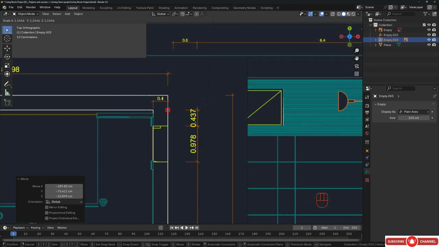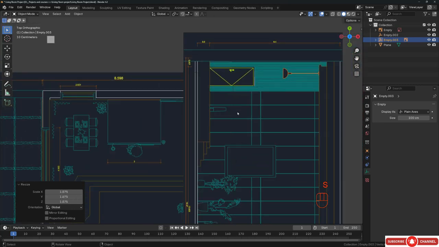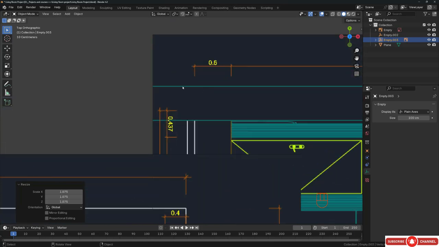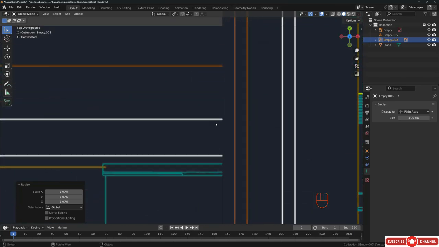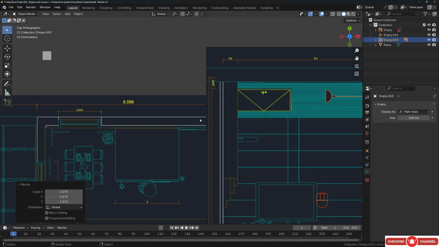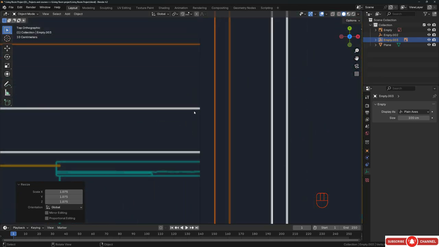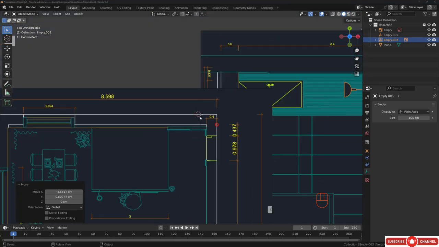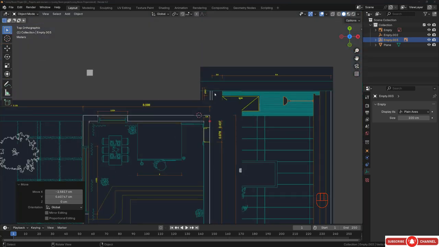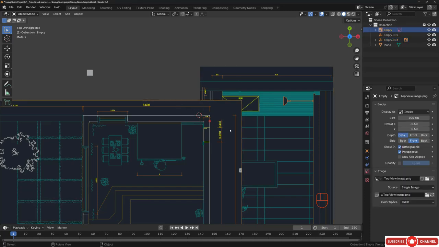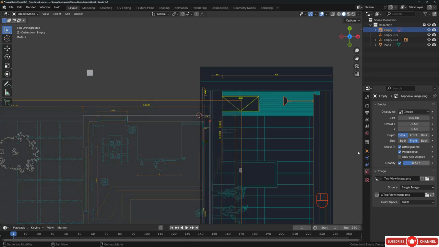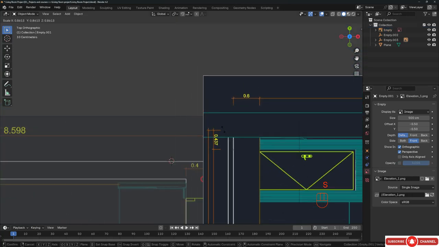Alright, so what we want to do is, I just want to show you, I want this line to be matched with this line, and we can do that by using empty again. So it's very simple, just put the 3D cursor right here. By the way, you can do something else like make one of the images transparent and do that. For example, if I grab this one and if I activate the opacity and make it transparent, now I can see this image. And now if I scale